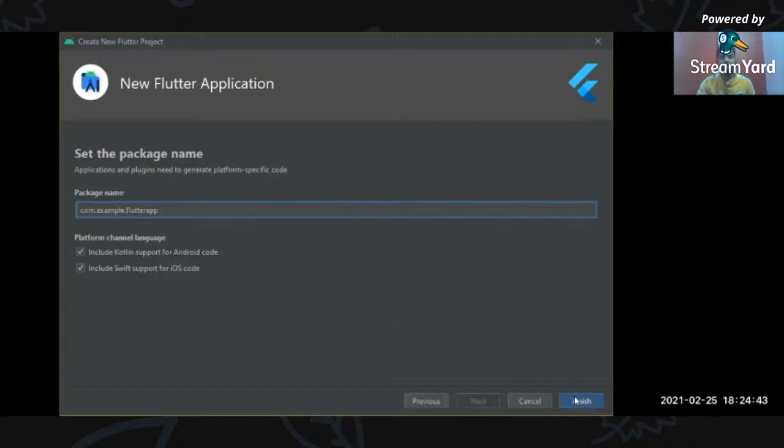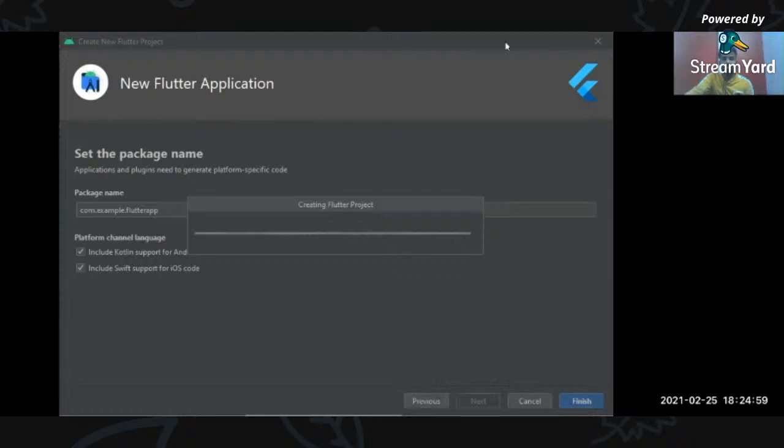Then click on the finish button. As soon as you click finish, it will start creating your first Flutter project, or any Flutter project.